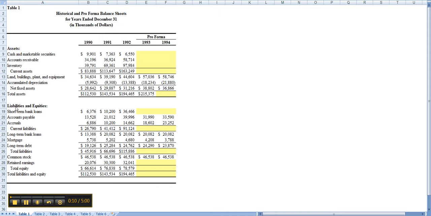Basically, I'm going to explain the tables here as best as I can. This is table one. Again, this is posted to Blackboard. Use this to answer your questions. Actually put in your answers right here, and that'll be easy for me to grade, and you know exactly what to do, and then you don't have to type up all of this.